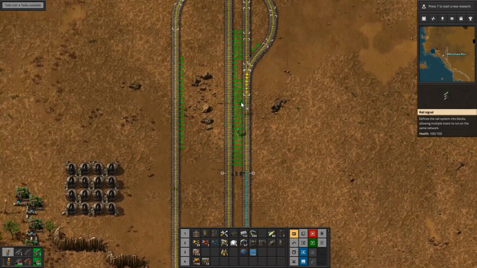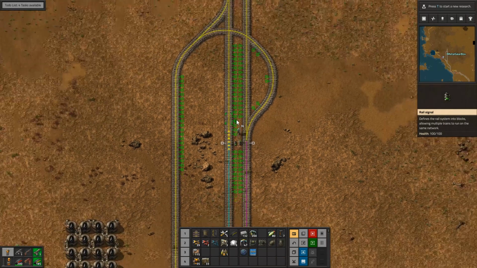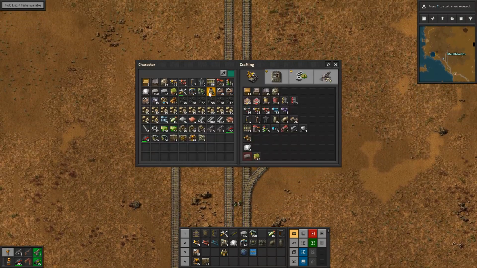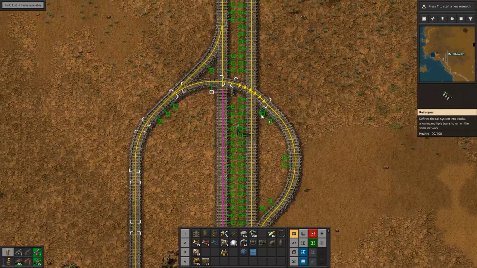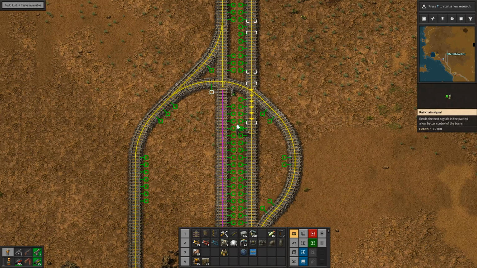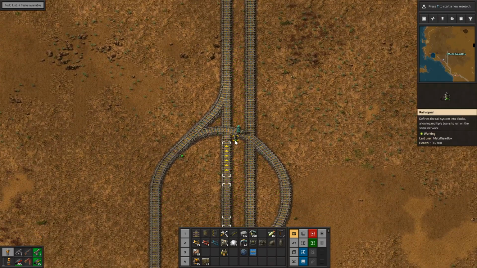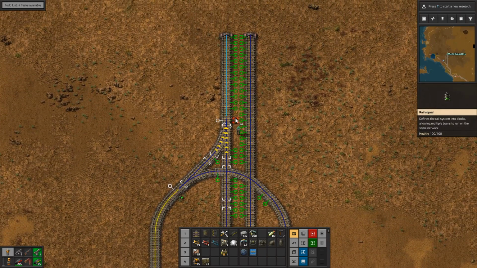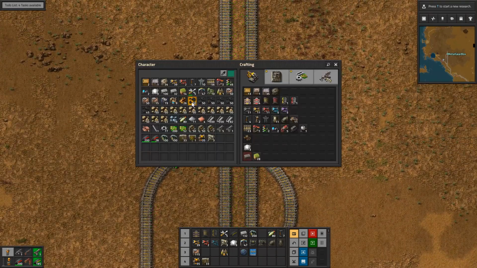Right, so we need a rail signal there. That's fine. Rail signal there. Need one. I didn't bring any chain signals with me, I'll just make a few more. Need one there. One there. One on